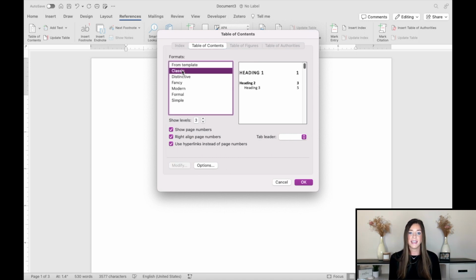Over in the right-hand side of that box, you'll notice Heading 1, Heading 2, and Heading 3. By default, your table of contents is generated by the heading styles that you've applied in your paper. You'll see Heading 1 is level 1. Underneath of that, Heading 2 is now level 2, and then underneath of that, Heading 3 is now